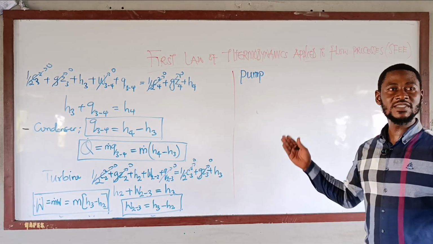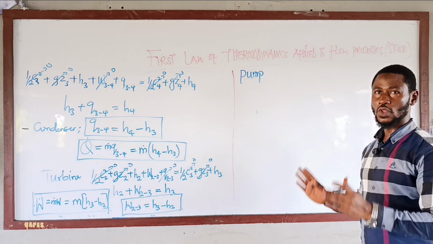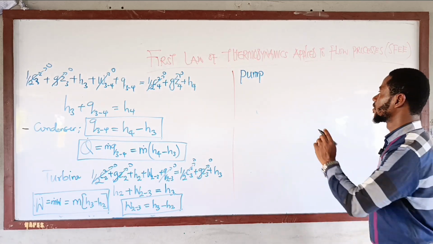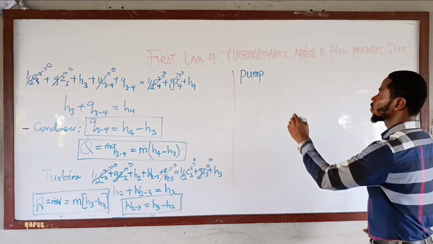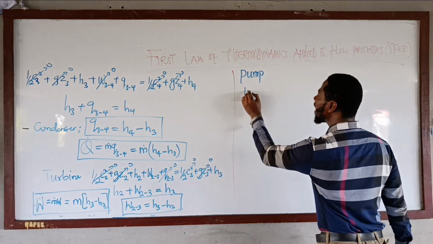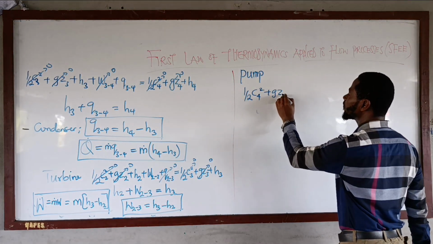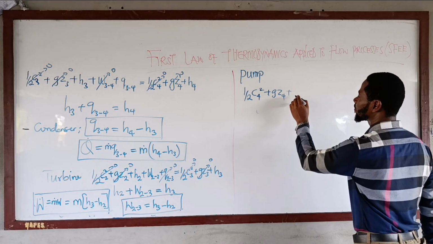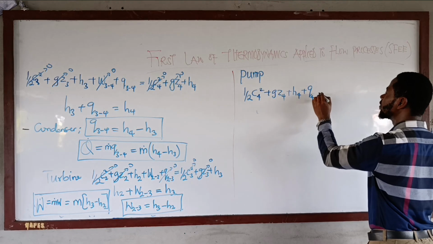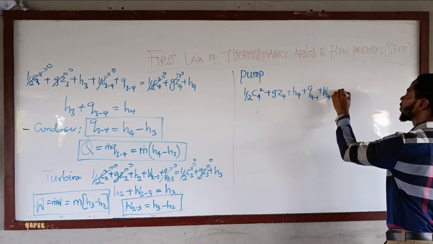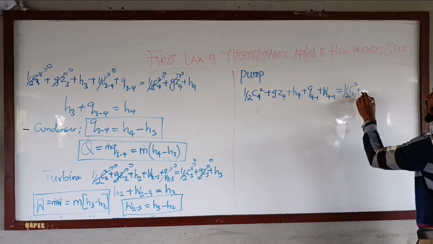Now for the pump, we write out the steady flow energy equation again and follow the same assumption that we adopted for the turbine. So we go back. The pump lies between 3 and 4. Therefore, we have 1/2 C4 square plus GZ4 plus H4 plus Q4 to 1 plus W4 to 1 equals 1/2 C1 square plus